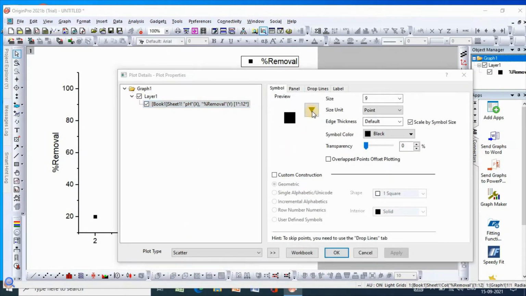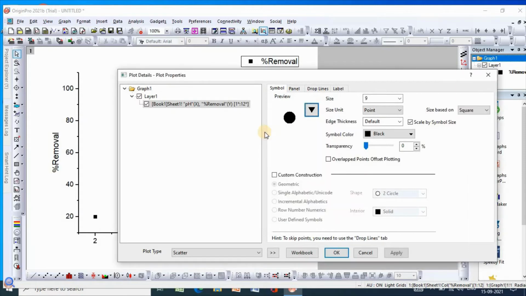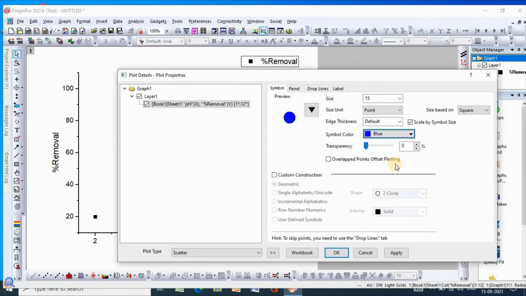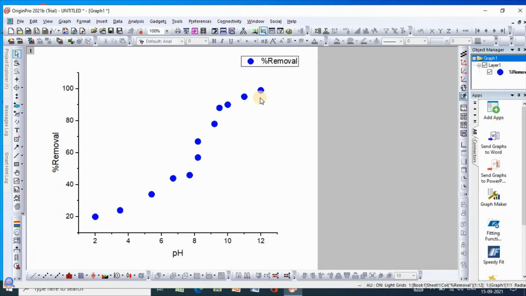You can change it, and you can also change size. For example, make it 15, and you can also change color. For example, I would like to make it blue. Then OK, symbol color has been changed.